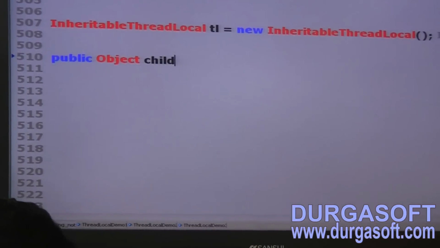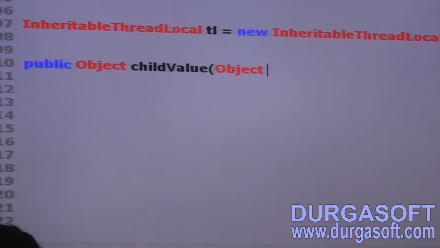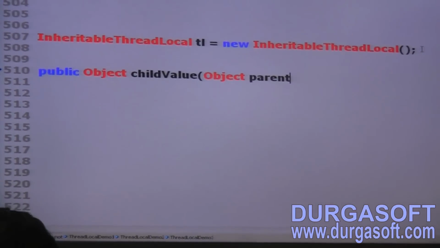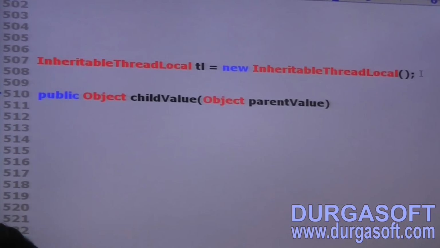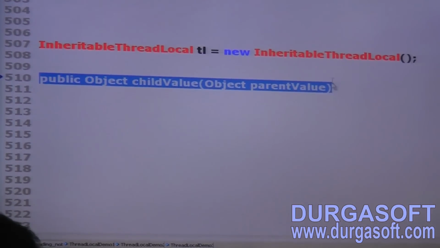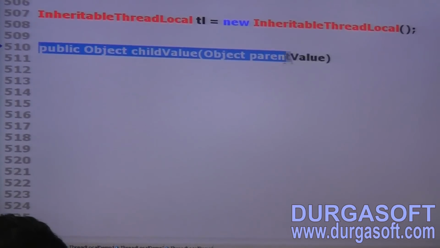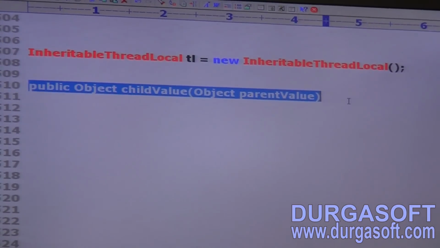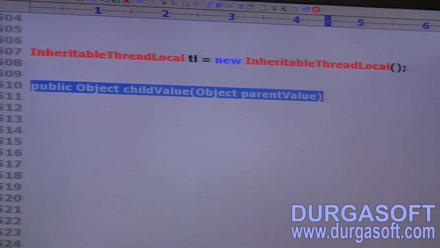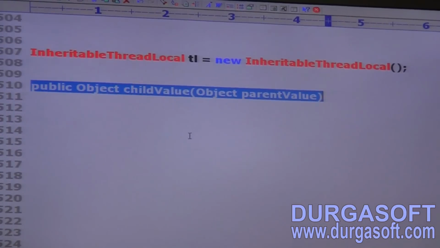Public Object childValue(Object parentValue). Like, only one method, right? Okay, that completes the methods.